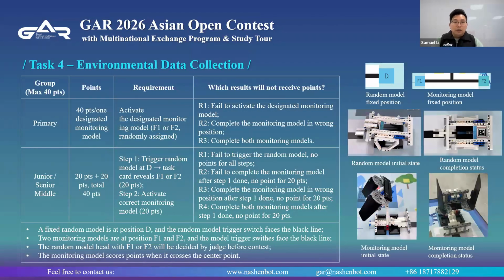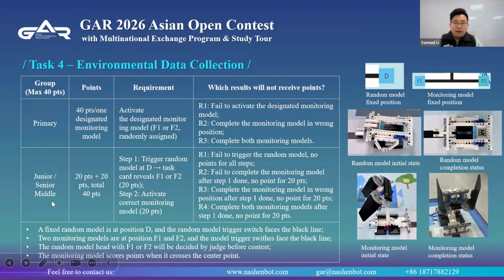Okay, task 4. Environmental data collection. For this task, the maximum is 40 points. For primary schools, you just need to finish 1 designated monitor model. You can get 40 points.